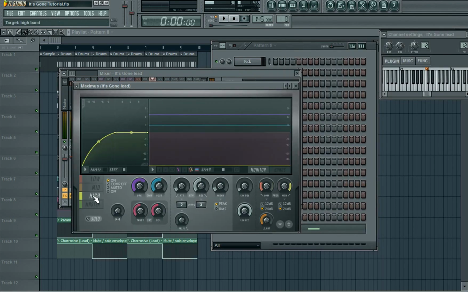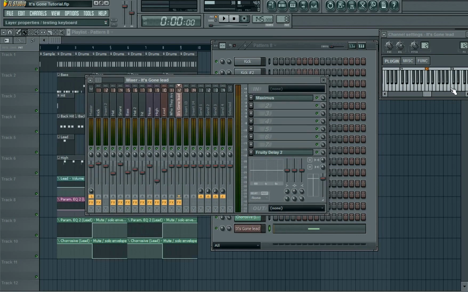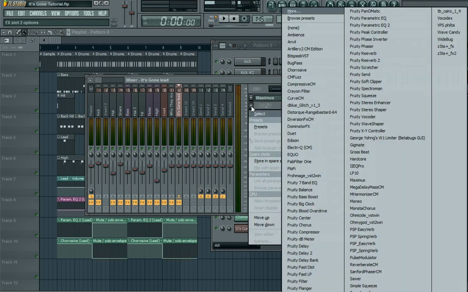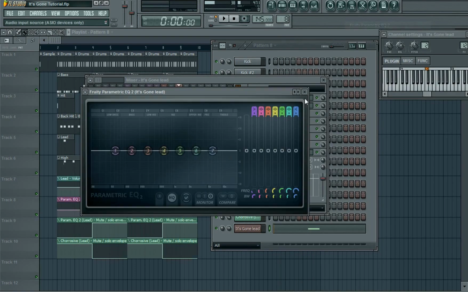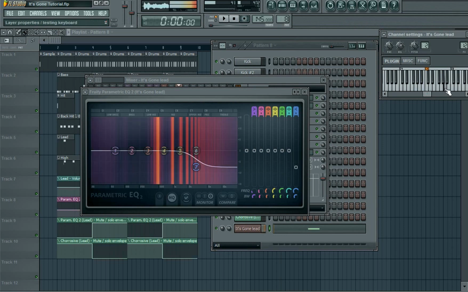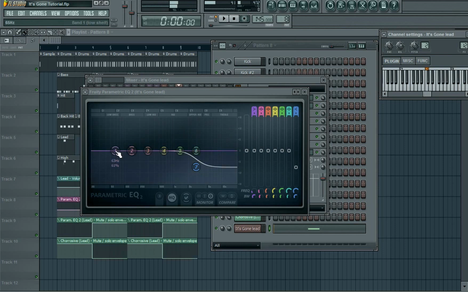and then just leave that as the default, because the default settings are just right for most things. It brings out the frequencies you want most of the time. Although at the moment we've got a bit too high, so we'll add a parametric EQ. We'll shelf out some of the high frequencies. And you might notice we've got a little bit of low,